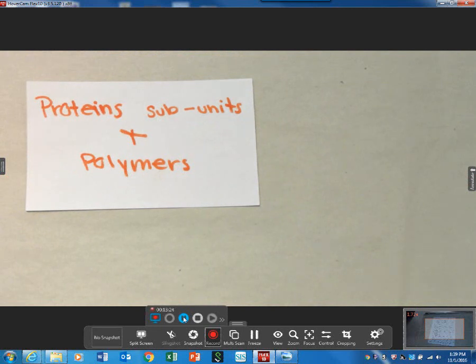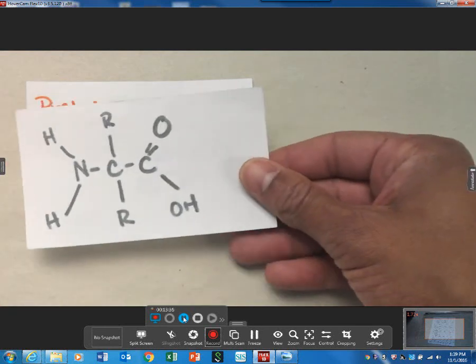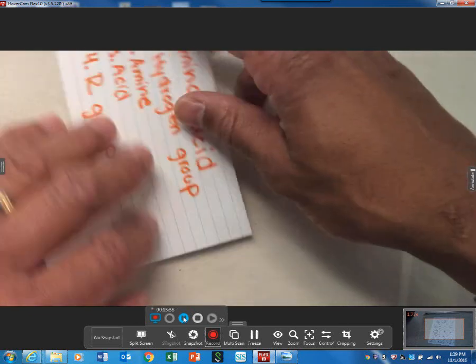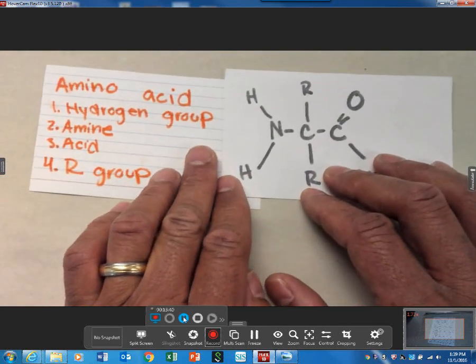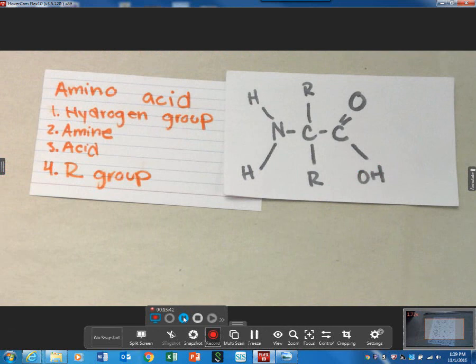Four parts of an amino acid: hydrogen group, amine, NH2, acid group and R group. All right. There we go. All right. Good review. I think it's time for